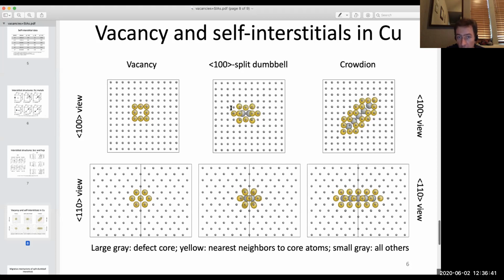When you look at those yellow atoms that I've indicated, which are just the neighboring atoms of the dumbbell, you can see that some of them are massively displaced from their equilibrium perfect single crystal locations. Perhaps that's a little bit easier to see from this 110 perspective, right? Where you can see that some of those yellow atoms are really pushed out a lot by the split dumbbell. And so the split dumbbell, this self-interstitial structure, strains the neighboring crystal much more severely than a vacancy does. And it makes it much more interesting to look at.